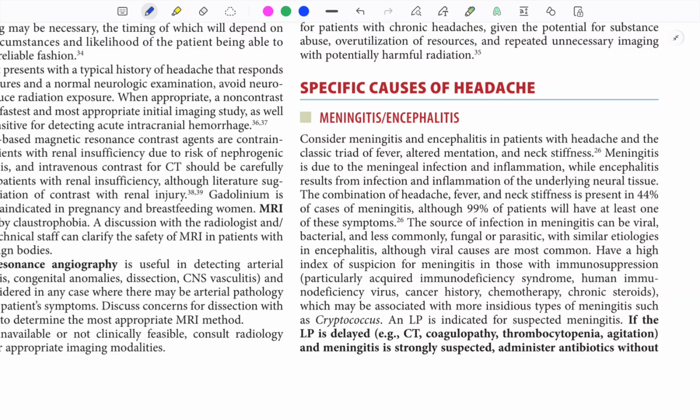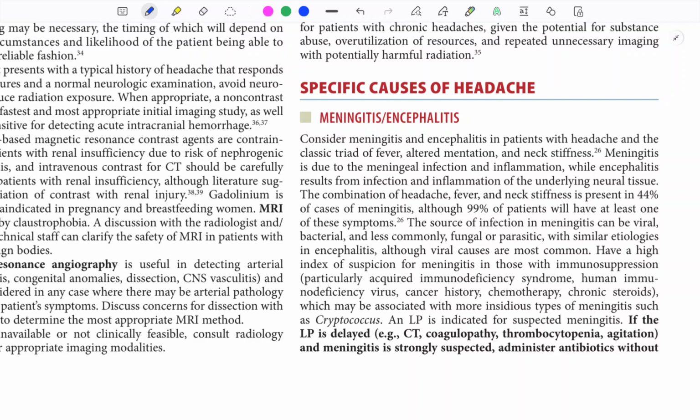And the same etiologies apply for encephalitis. In fact, the treatment is also the same for meningitis and encephalitis, so there is no point actually in differentiating between the two. Just know it. Know the difference. With similar etiologies, although viral cases are more common in encephalitis,